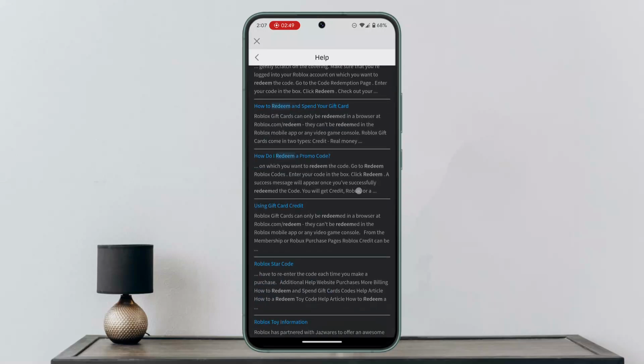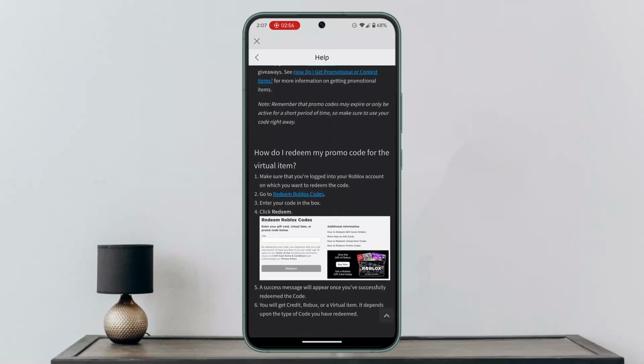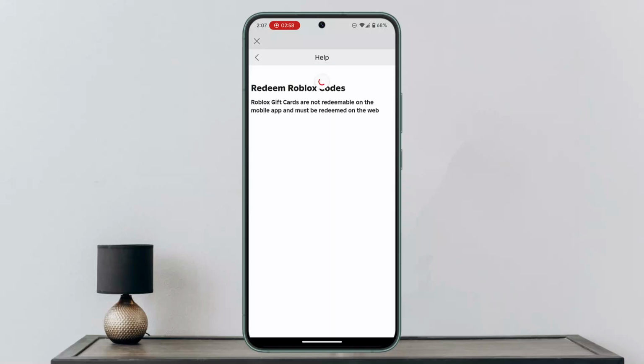After which, you just want to go ahead and click on How do I redeem a promo code. Click that link, and then you want to scroll down a bit and you can find a direct link to redeem your Roblox code. So click on Redeem Roblox Code, and here you'll be able to redeem your Roblox gift